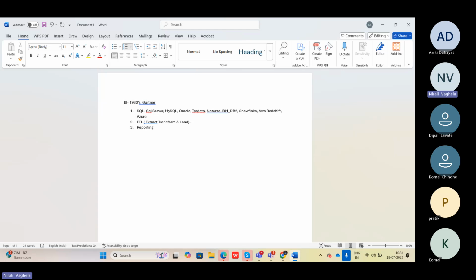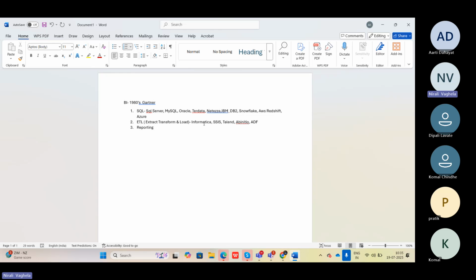Again, this team will be using different tools which are available in the market. The very famous one among them is Informatica. Then we have SSIS, which is SQL Server Integration Services, the Microsoft tool. Then we have Talend, which is a different company. Then we have Ab Initio. Then we have ADF, that is Azure Data Factory. The list is long, with lots of them, but these are the very famous ones, widely used in most organizations.